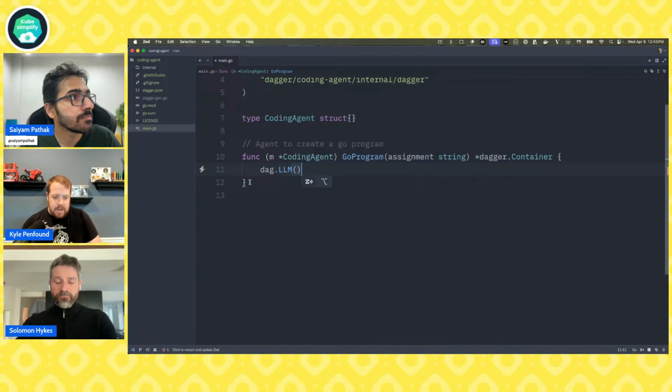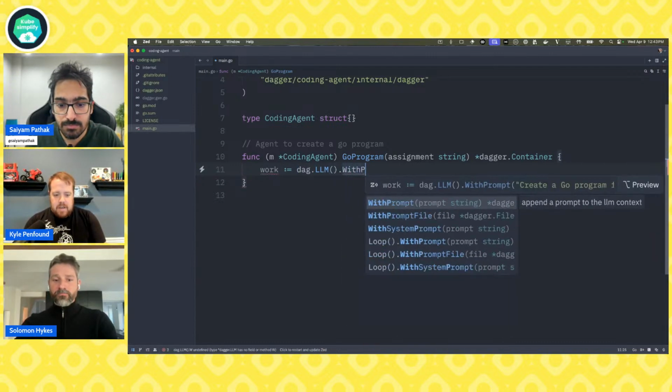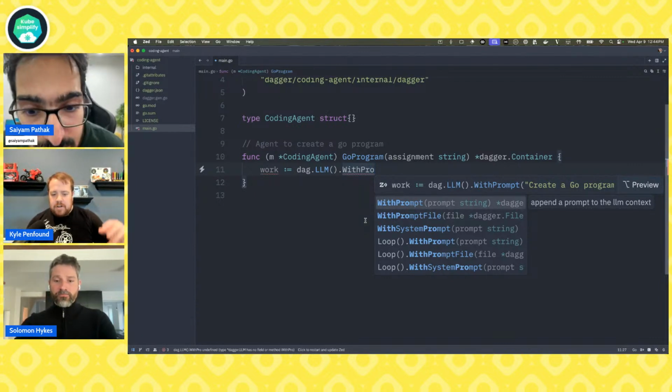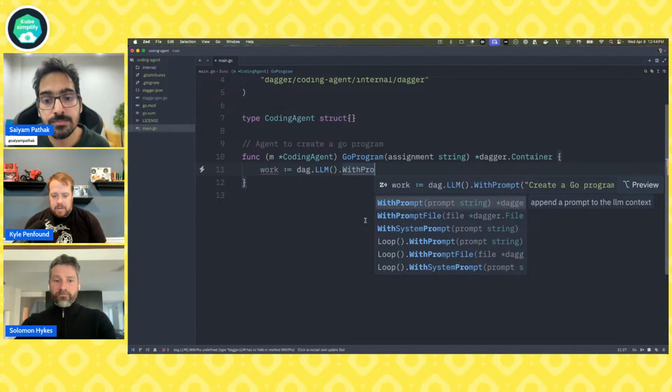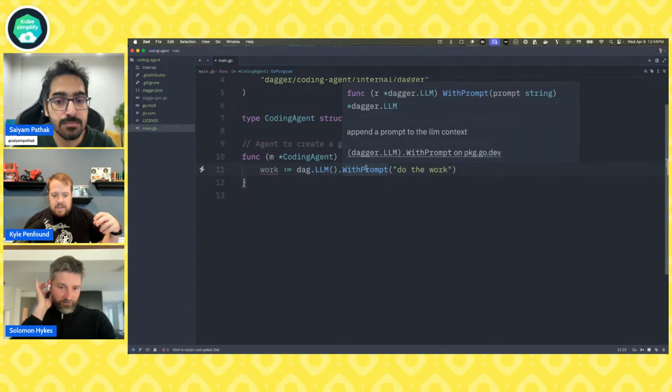We can do all kinds of things, but now we've got this thing, and let's say this is the thing doing the work. Now, from here, we could say prompt. So Dagger uses this builder pattern for actually building up your DAG of operations. So it's going to be with prompt, with whatever, to basically add things to this thing we're building up. So we're going to say with prompt, and that's where we can actually pass in, like, give me the work or something, right? But now, okay, so let's leave this here for now. We've got an LLM. We've got the brain part kind of stubbed in.